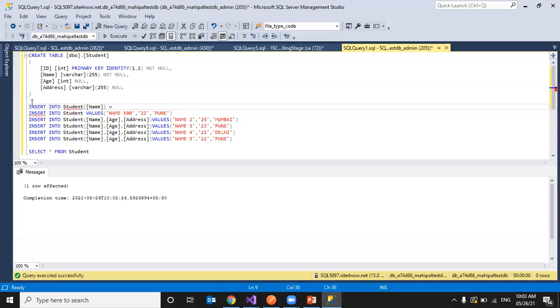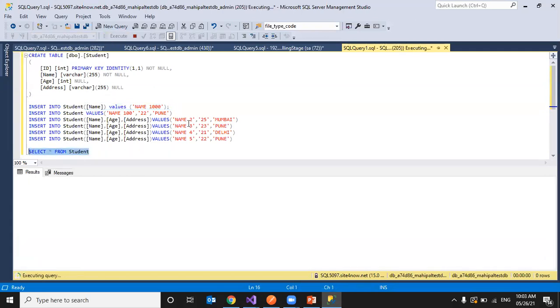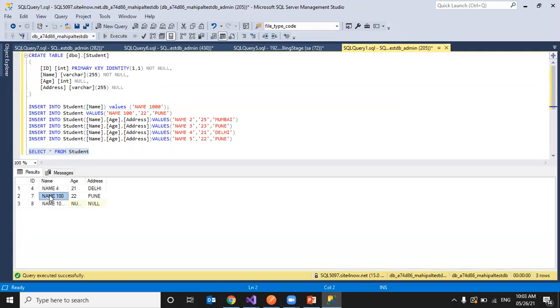And values I can specify, and I can insert the value, like name 1000. Let me run and check whether it will work or not. See, now one row got affected. If you see the records here, previously we had 1 record. Now I inserted 100 and 1000.